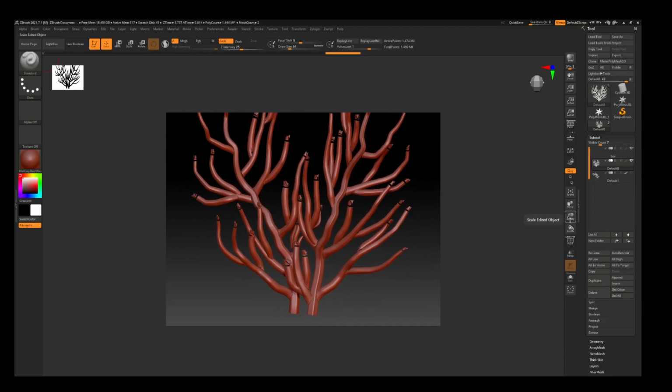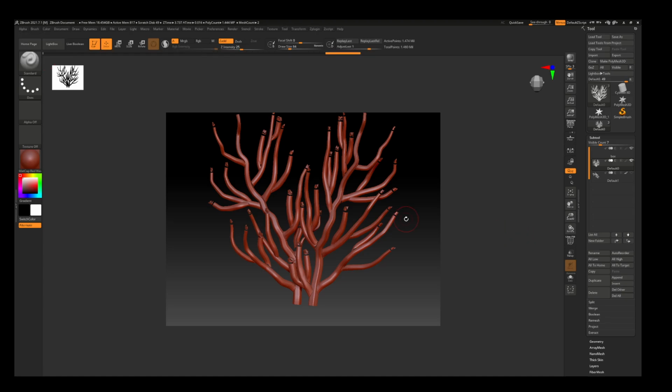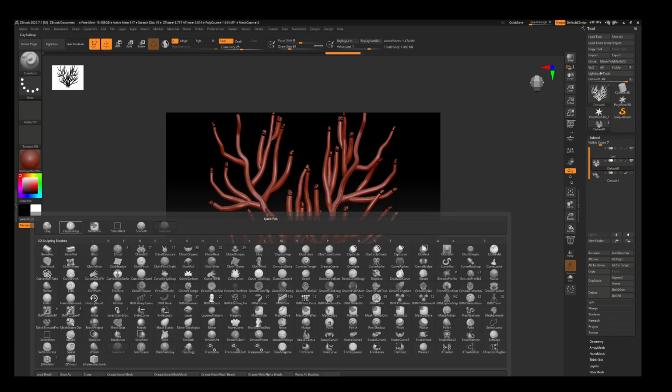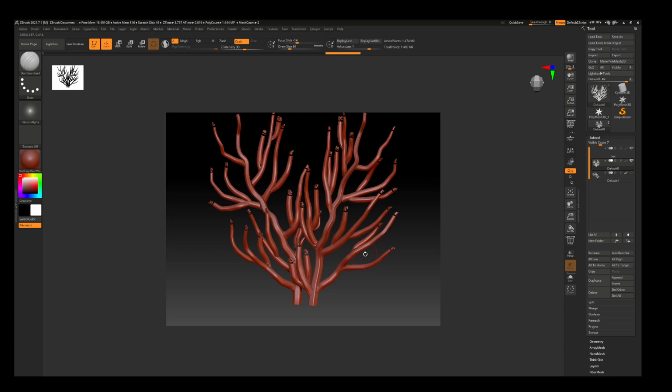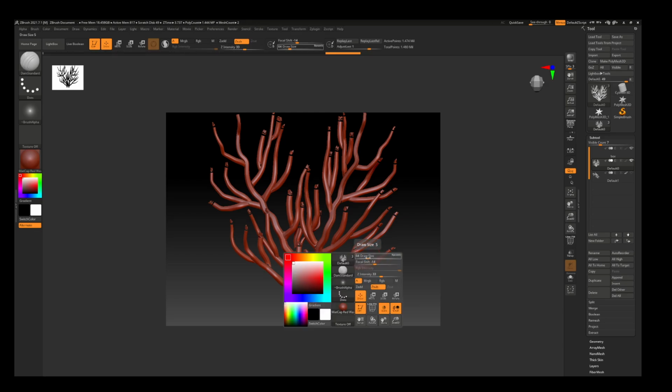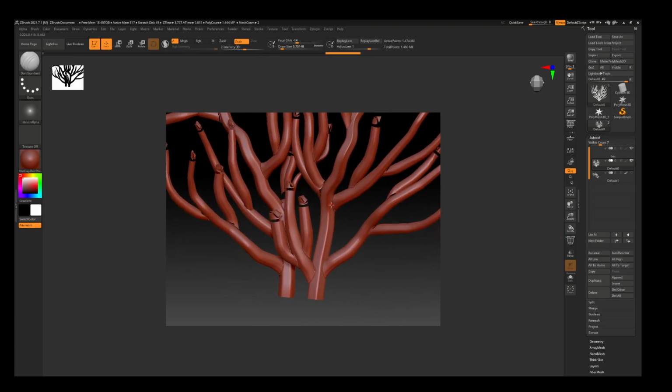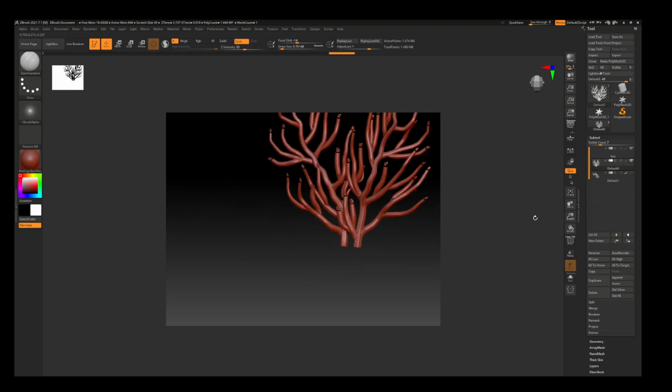Okay, first of all, when you press B on the keyboard, you get all the brushes here. So I'll take Dam Standard. That is my most favorite brush. And then press shift, space, and you can reduce your brush size. Now you can add the detail. Just quickly I'm showing you some details